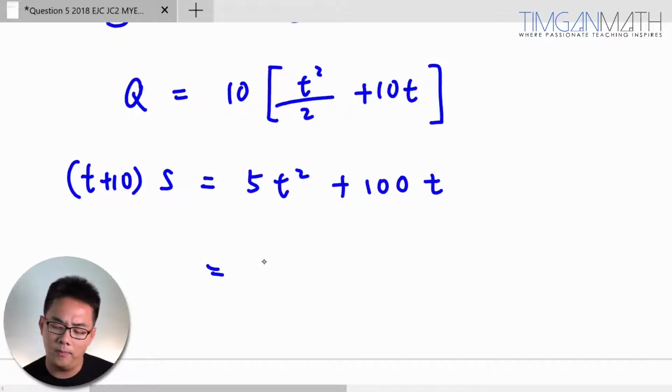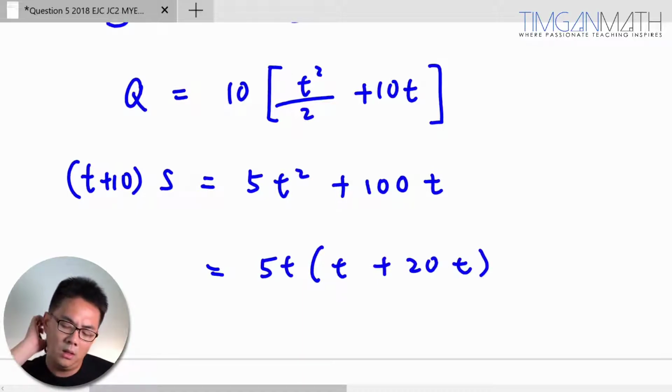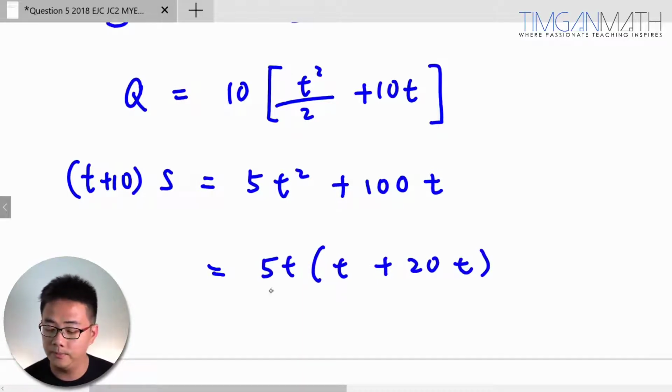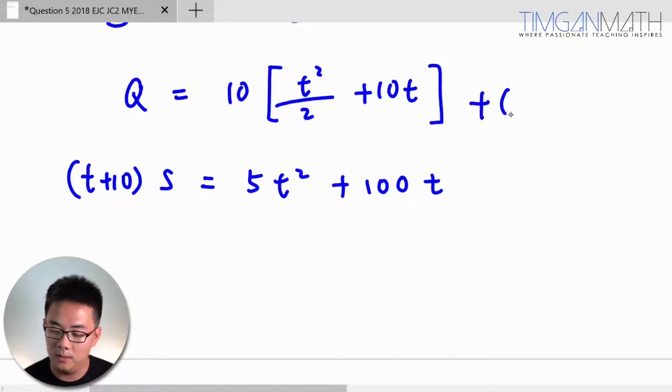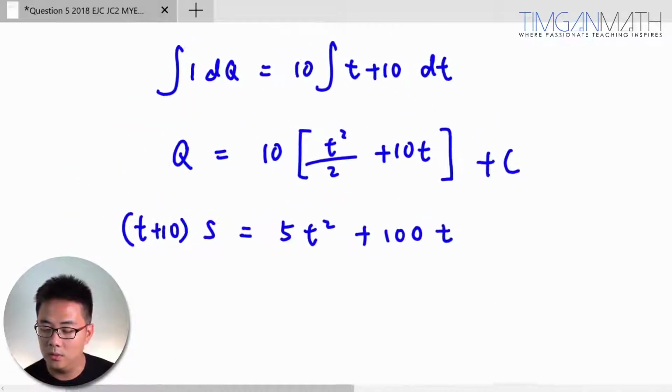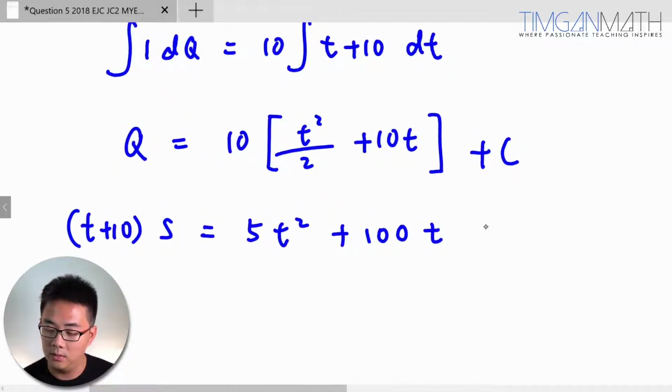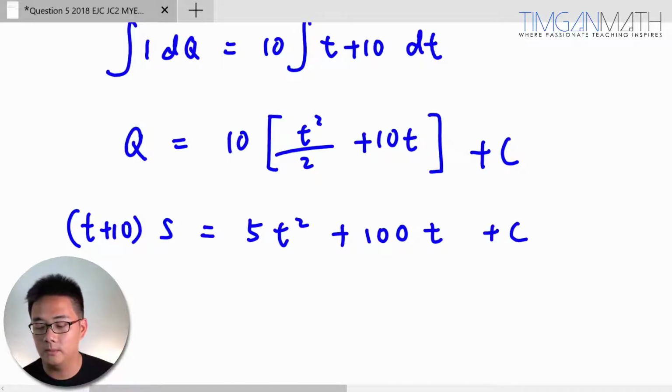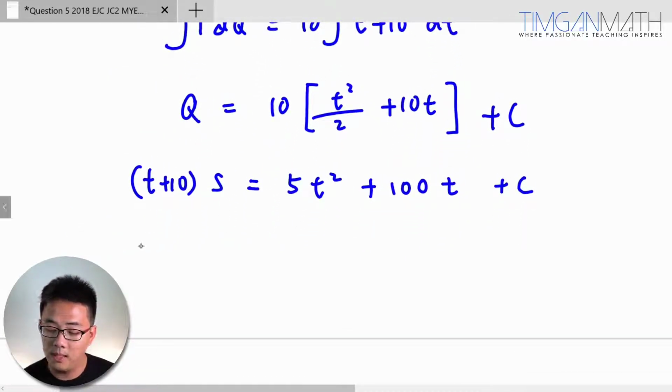So you can actually factorize the 5t out. So this is t plus 20t, I believe. I'll just make sure it is t plus 10. Oh my goodness, there's a c. This is c here. So I can add a c in later. So yeah, okay. So this part here, when t equals 0, we were told that